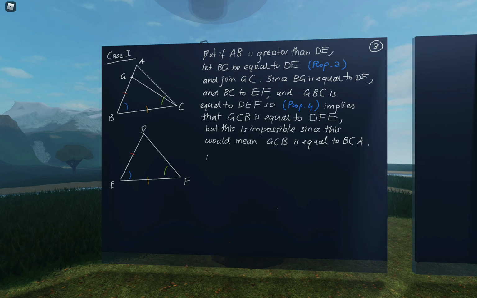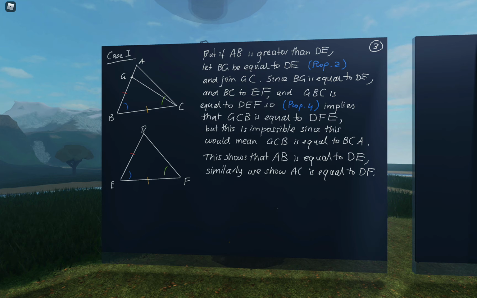Okay, so this shows that AB, in fact, must be equal to DE. And by a similar argument, we show that AC is equal to DF, and then